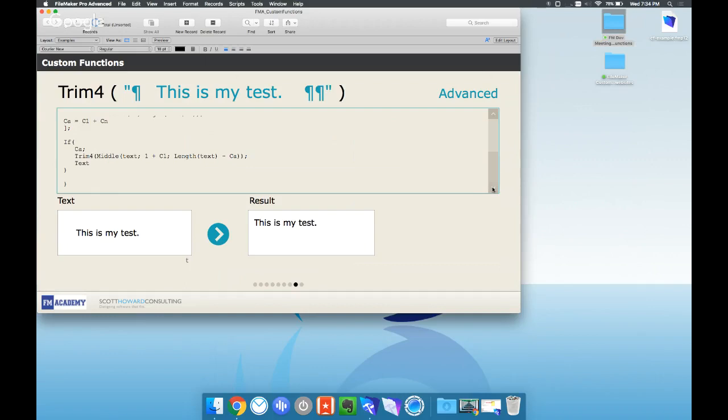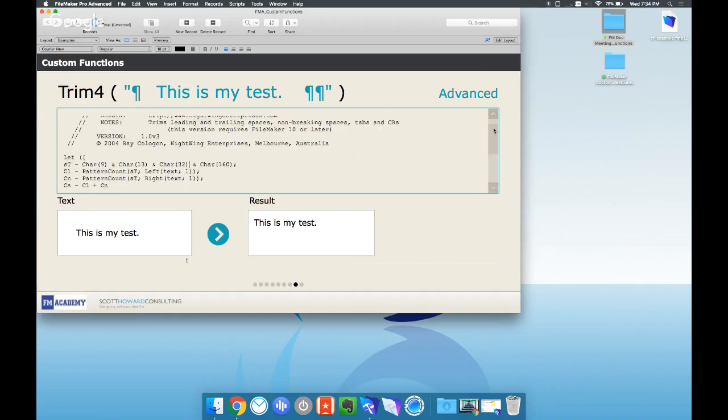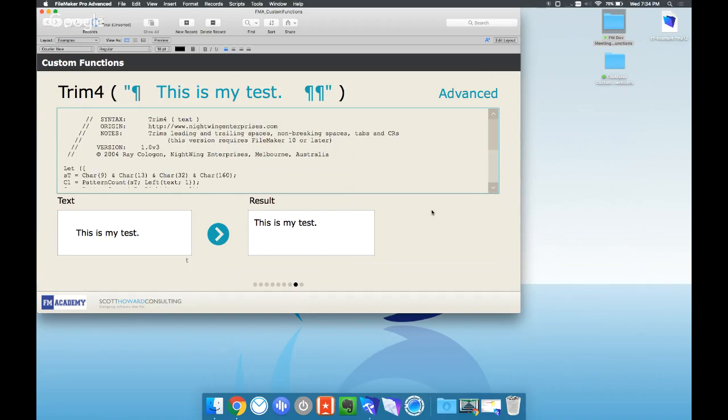Now, there was another function that looked really neat that could strip out all the formatting, so that would take it just to text. So if you copied anything from a website, it would get rid of the bold and the italic and the sizing and all of that. I don't know which one that was. Text format remove. Yeah, text format remove. That's the one. That's a native FileMaker function. Is it? I use that all the time